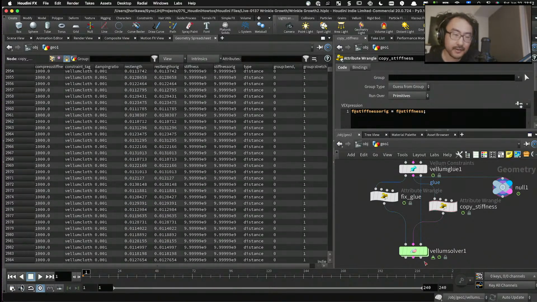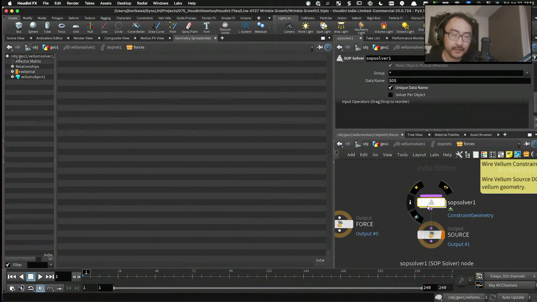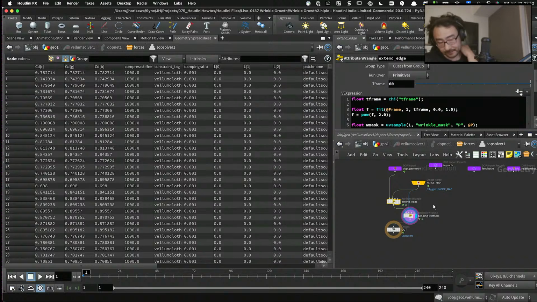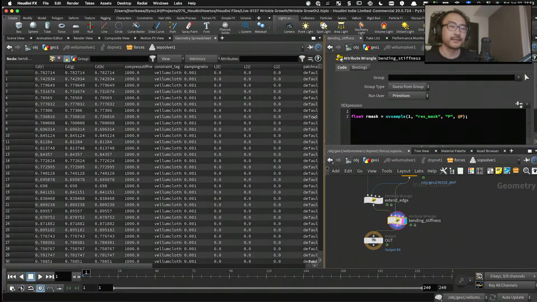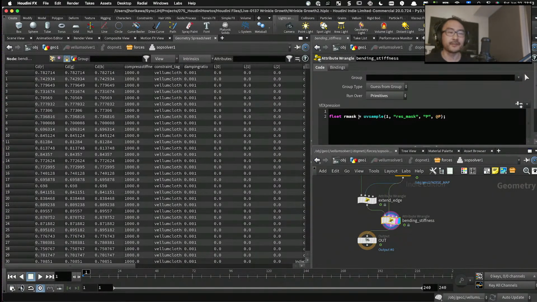Alright, now going back to the SOP solver, and let's change the scale of this stiffness based on this mask value. So if I set the scale to 1, that's the same. If I set the scale to 10, the bending will become harder, like a rubber, which gives you fewer wrinkles. If you make it smaller, you're going to have more wrinkles. Okay, so